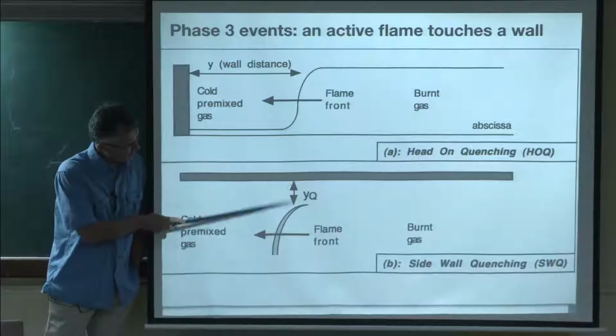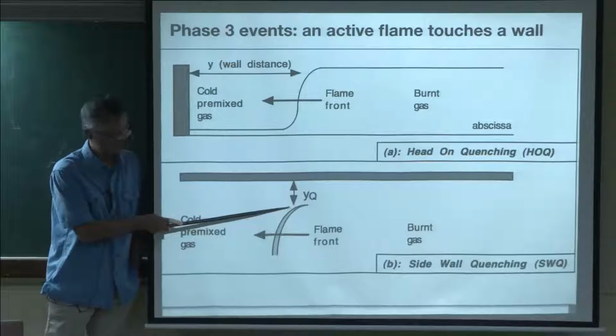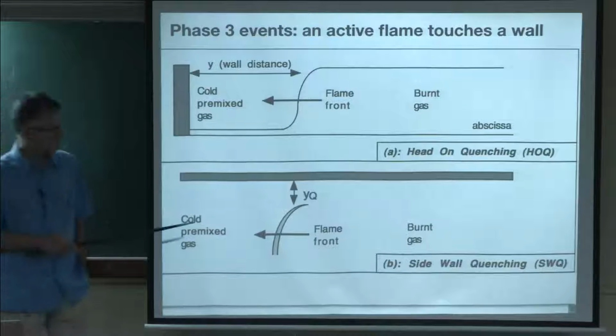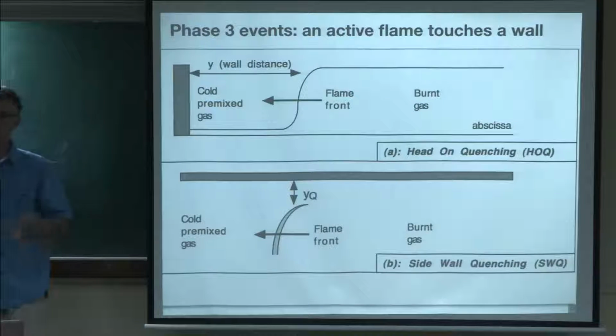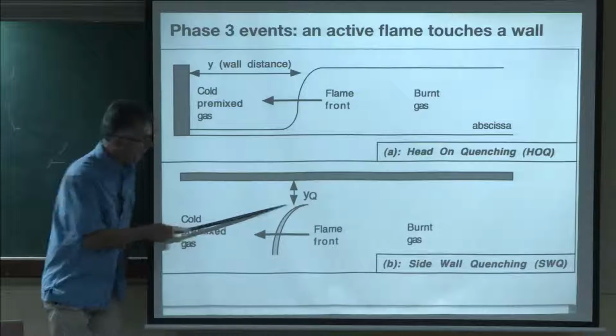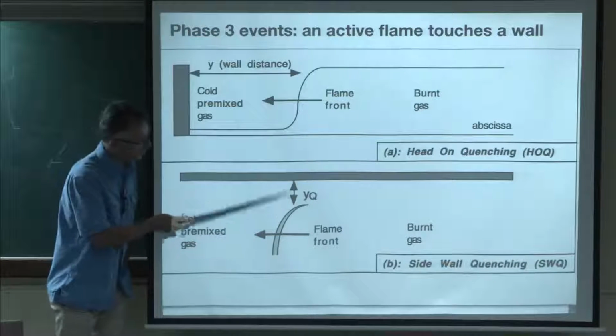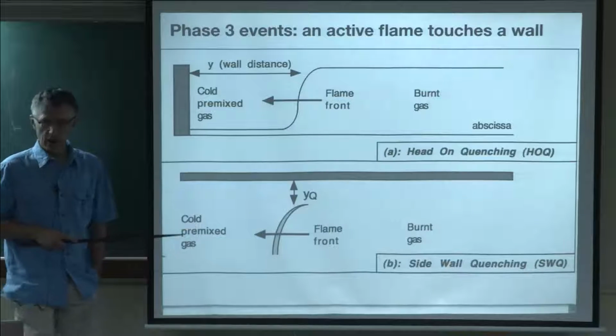So there will be a distance between the wall and the flame where nothing will happen. And then the flame will have this shape here. And this actually happens in all flames, okay? Every flame you create in an engine, piston engine, or in a gas turbine, is going to propagate along a wall, so there will be this kind of behavior.